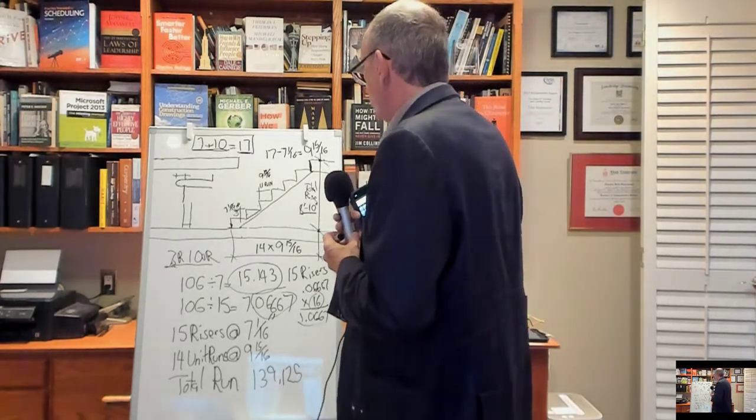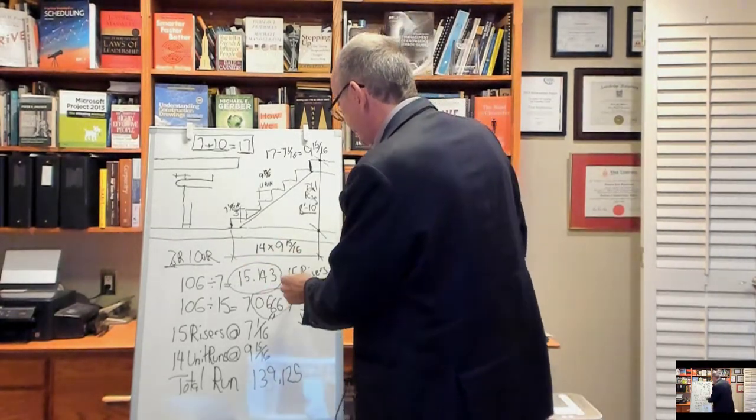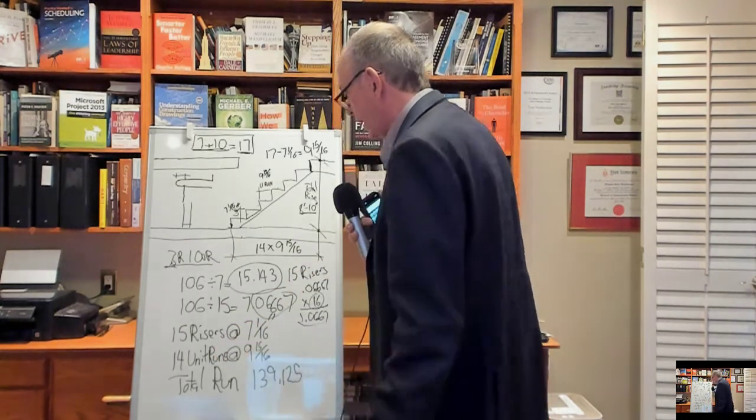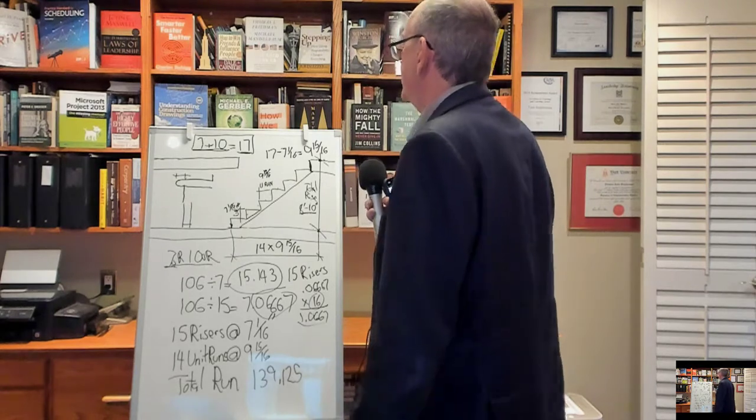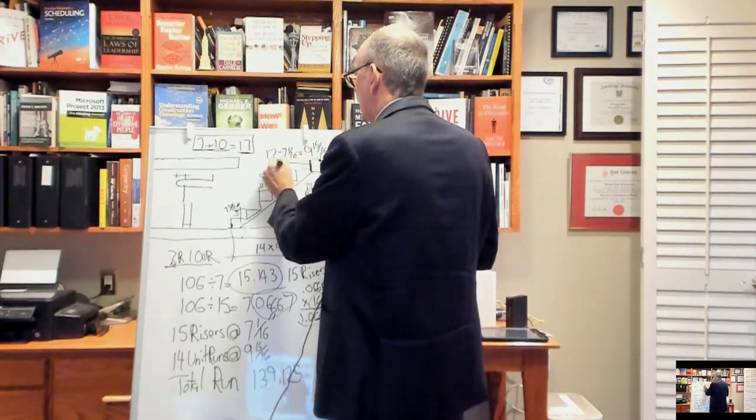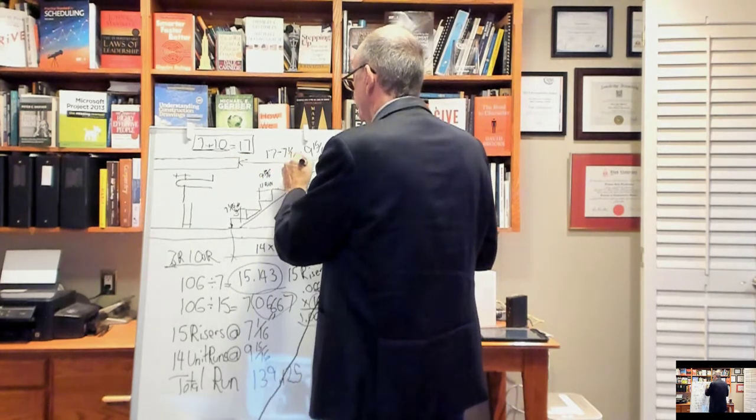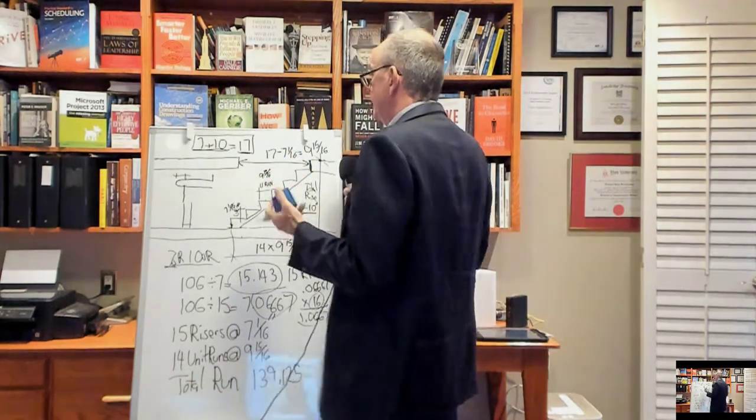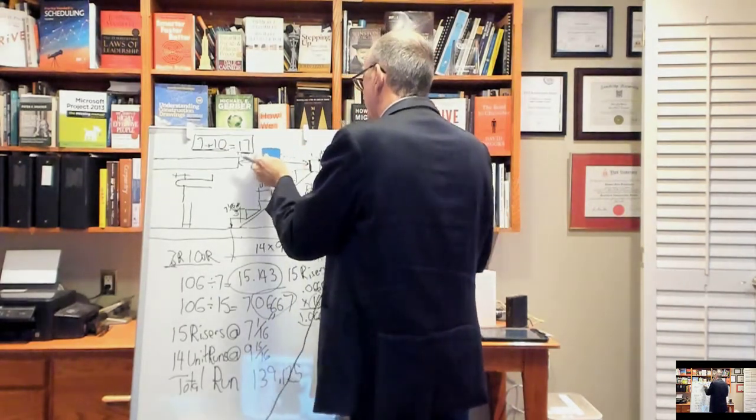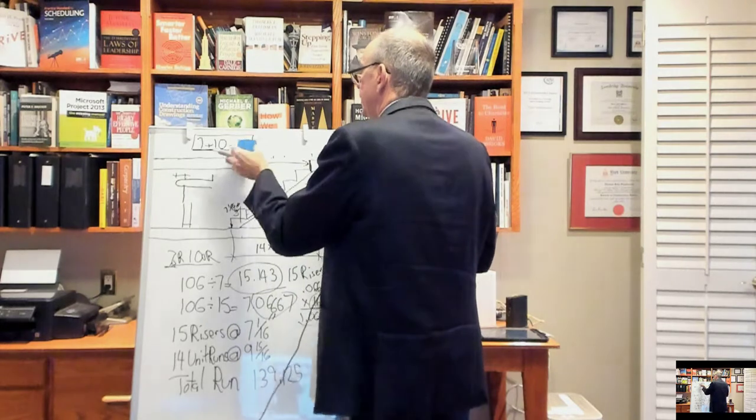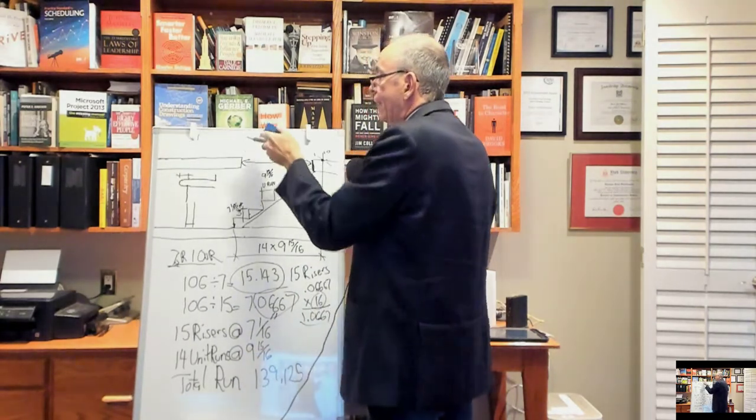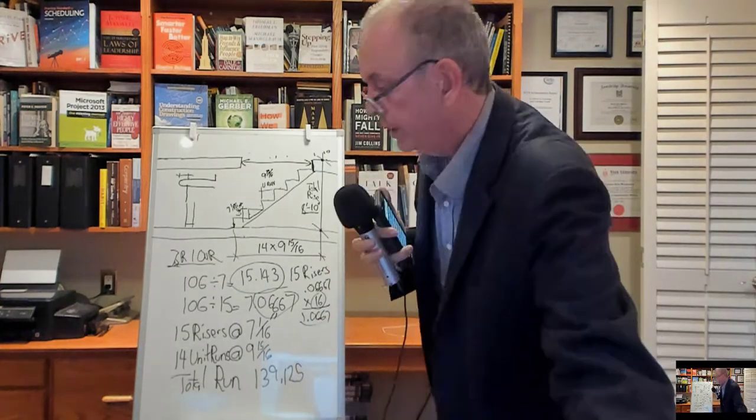Okay, so we've got those elements. We've got the risers, 15 risers, 14 unit runs, and we've got that total run. We know that information. Next problem is I want to know how big to make this opening, what we call the stairwell opening. How big do I have to make my opening to make sure that I have enough headroom? So headroom